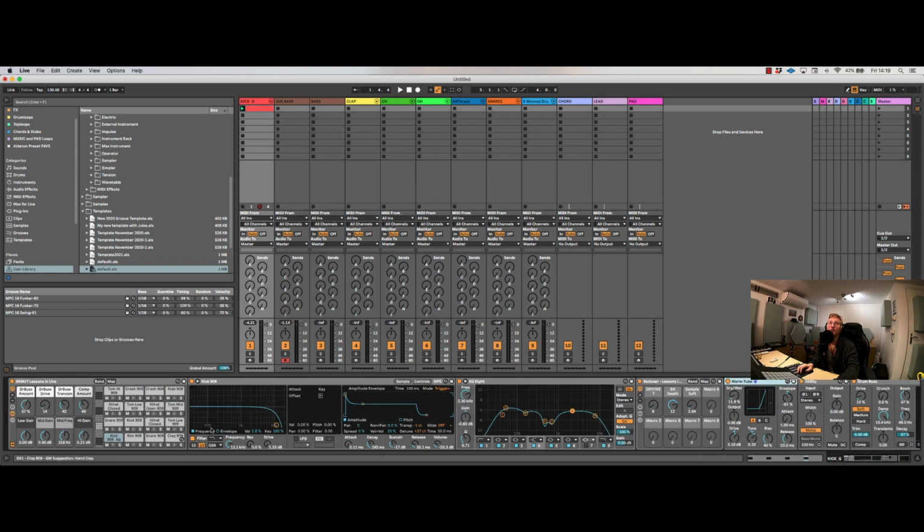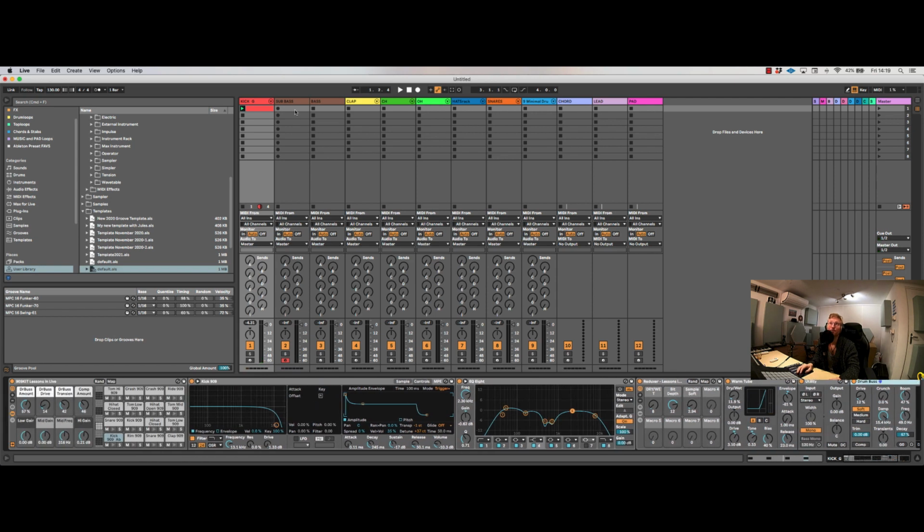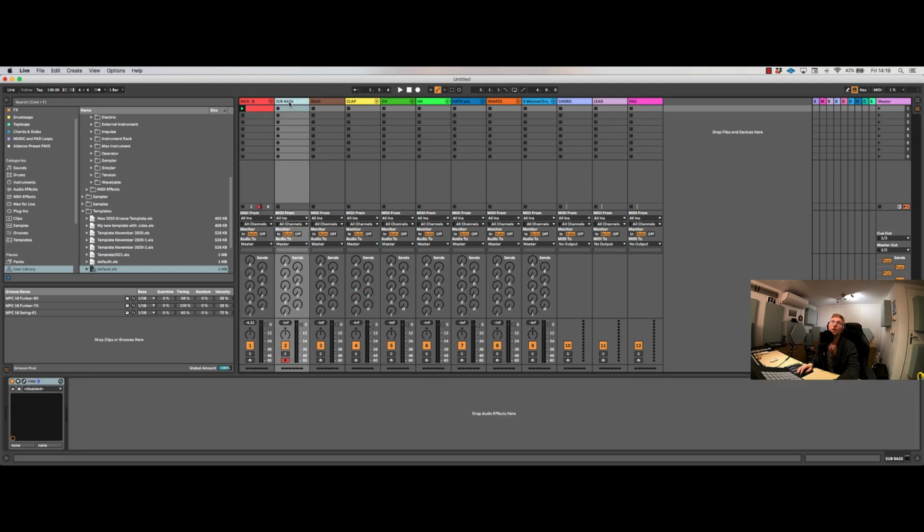This is a kick. It's tuned in G, and I already have it EQ'd. And I have a Redux on there, a warm tube, a utility to make it mono, and a drum bus. So basically, this is like the processing that I've created once, and I really liked it. It's a kick that I like, and it's just the 909 stuff from Ableton, and it works like a charm. So setting up a template like this is really good. If you go to the next